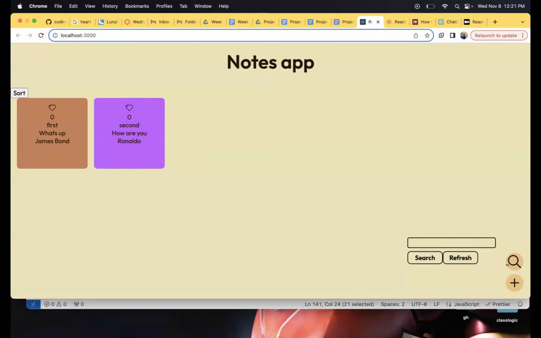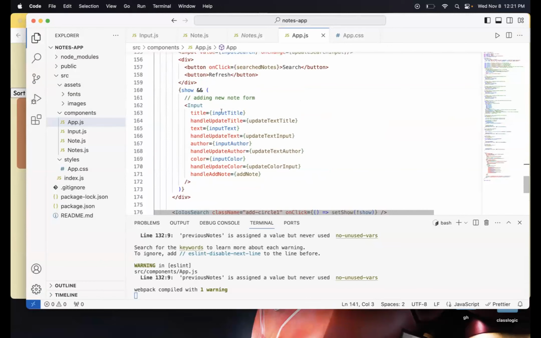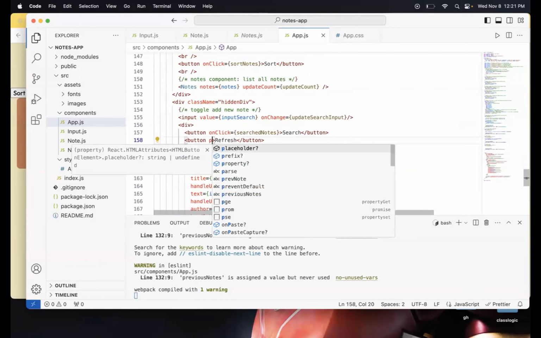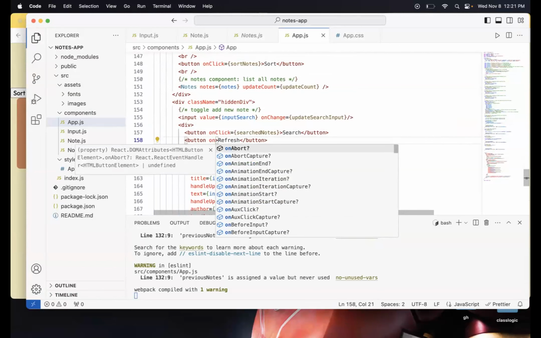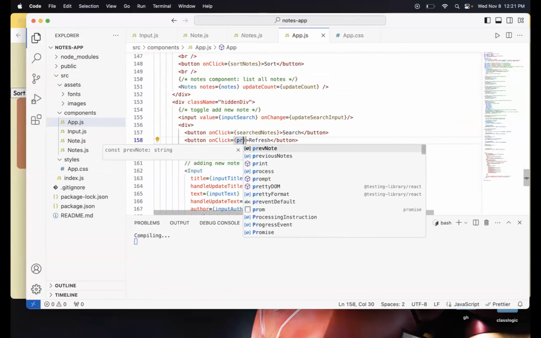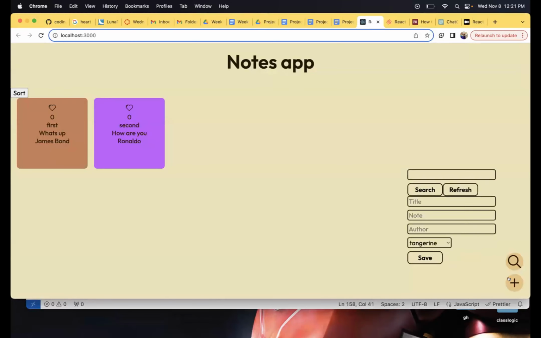But for that not working, this tells me that there's a chance a refresh button is not working either. Oh, that's because I didn't add an on-click listener to this. So let me write on-click and set this to previous notes. So, okay, I'll do the same again. JS.